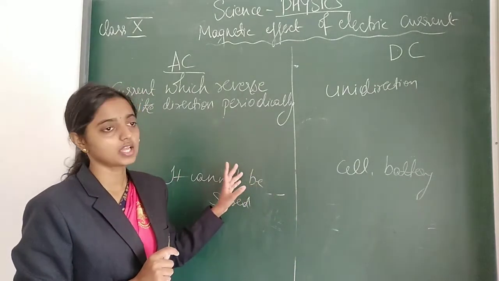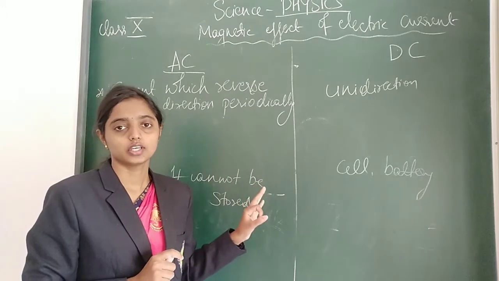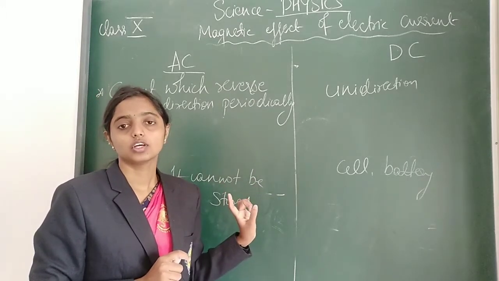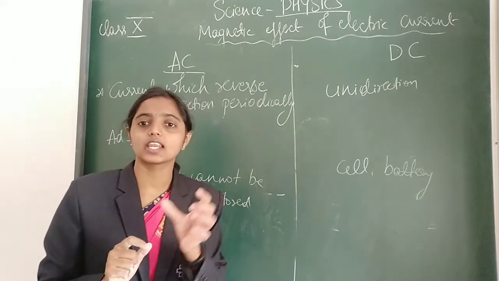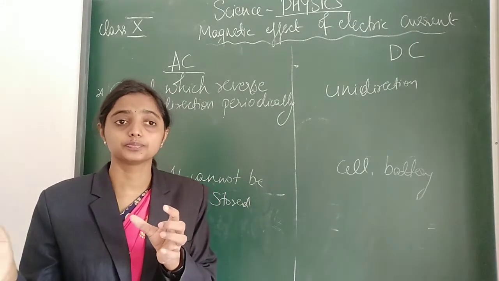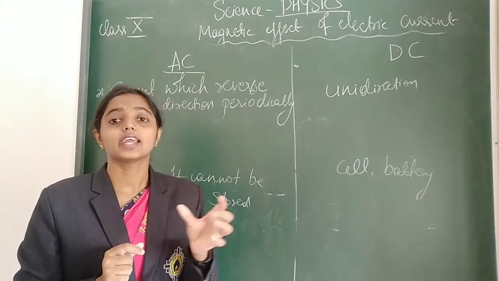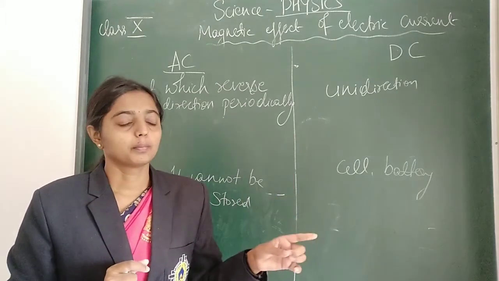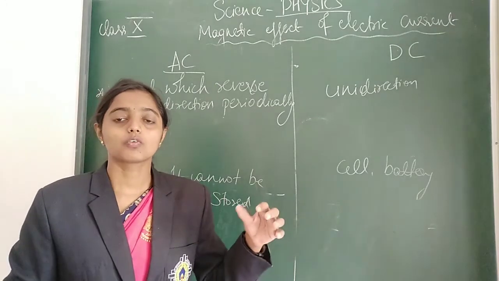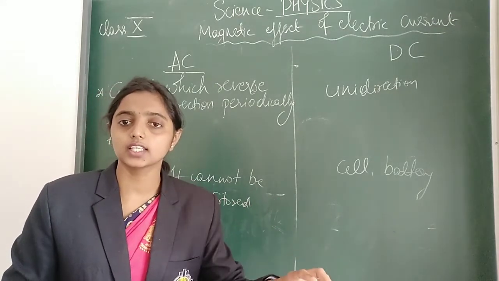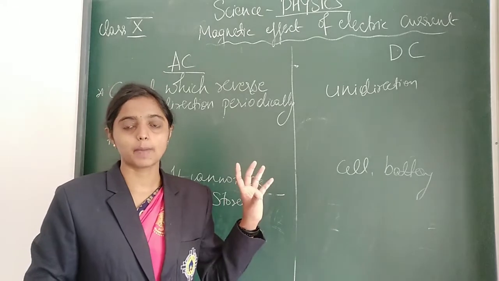As I told, they may ask either the generator diagram or the motor diagram, or if they go for a simple question, they will ask what are the characteristics of magnetic field lines, or the direction of magnetic field lines in a bar magnet, or when it comes to the solenoid, what is the direction of magnetic field lines inside the bar magnet and outside the bar magnet.